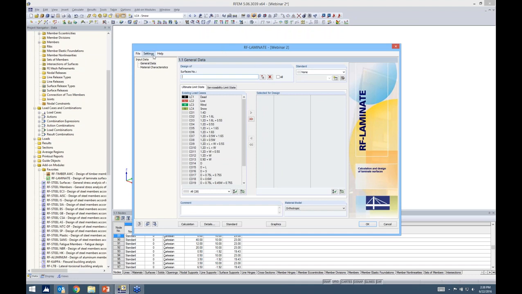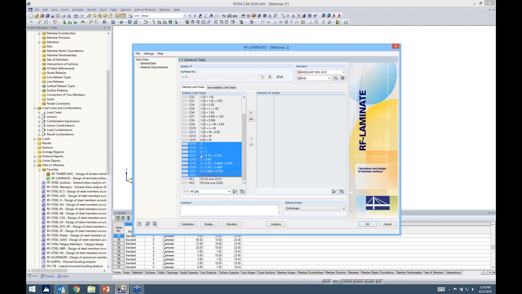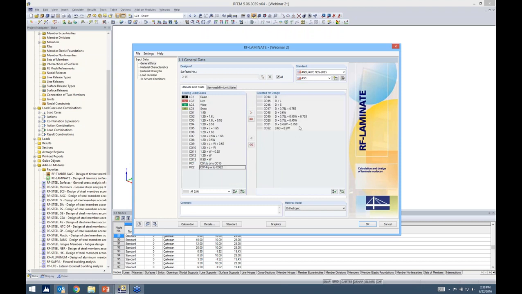And the other thing for these add-on modules, you just want to work from top to bottom with the input data, which is given here on the left. So just work down this list. So the first thing it's asking us is what surfaces do we want to design? I can check this checkbox all, so all surfaces are now selected in there. Now for standard, we want to choose the NDS 2015. And you'll notice we have both ASD and LRFD. I'll go with ASD. Therefore, I want to select my ASD load combinations from ASCE. So here I can just select the ASD load combinations, and these are what I'm going to use for my